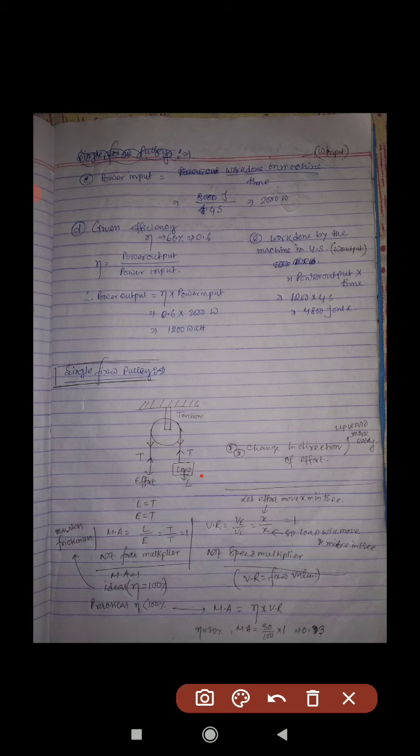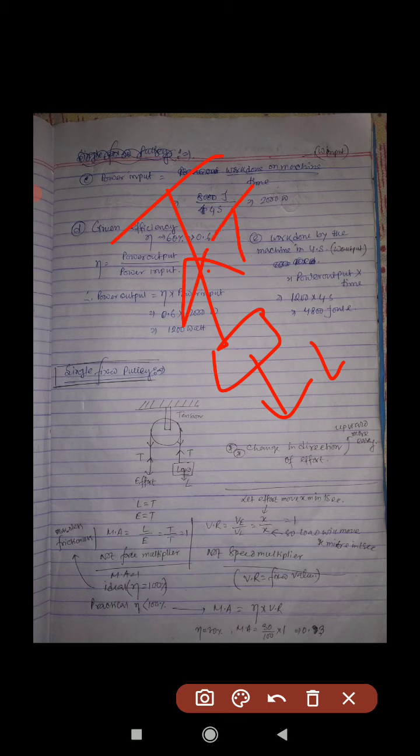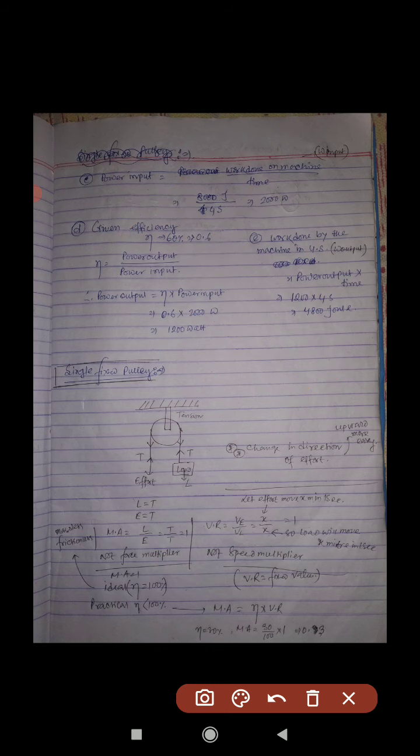Similarly students, the load is also hanging by this tension force. As I have explained, the load acts downwards, and it is balanced above by the tension force of this rope. So this arrow is the tension force of this movable pulley, always away from the rope. Now students, you see the load is equal to T.